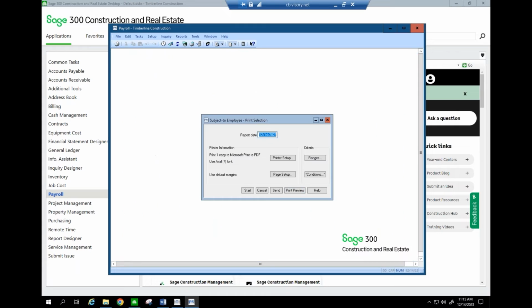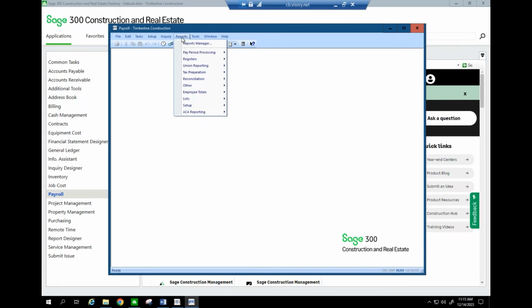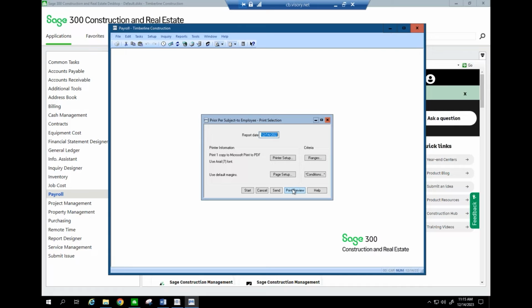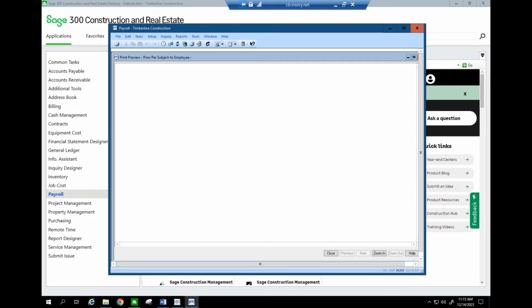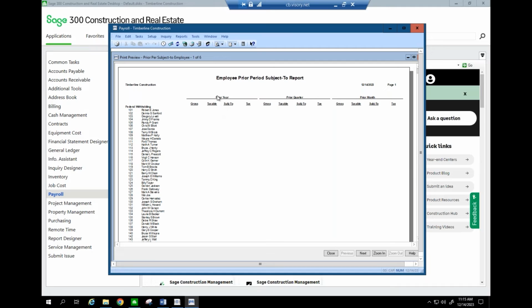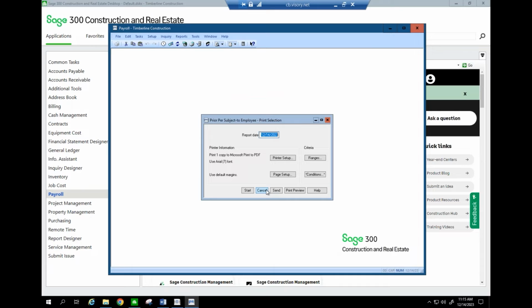Now, I did point out to her, well, what about this? Just run the prior. But for her record keeping, what she filed in the filing cabinet, she didn't like to see the words prior, which I totally get. But she was really adamant that she needed to get these reports printed before she closed the year, because these are the reports that she used. So just from a close year perspective,